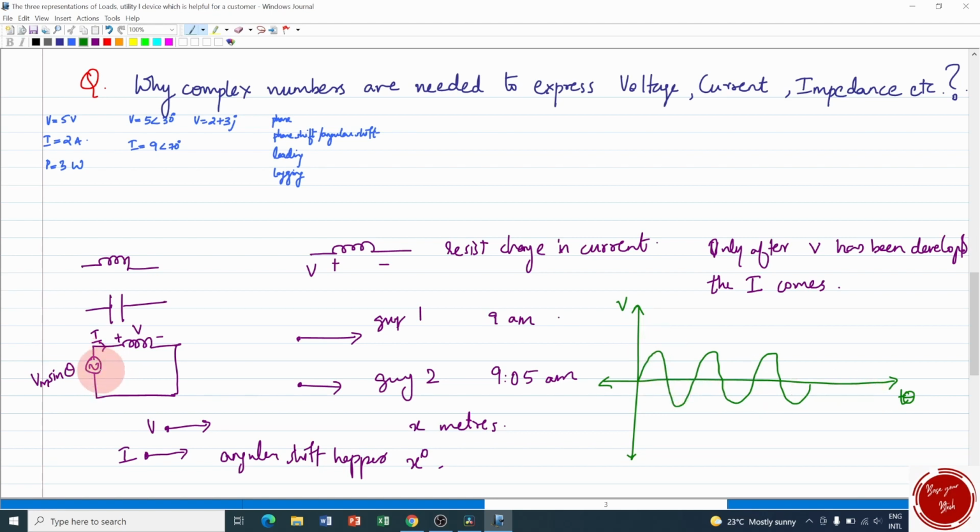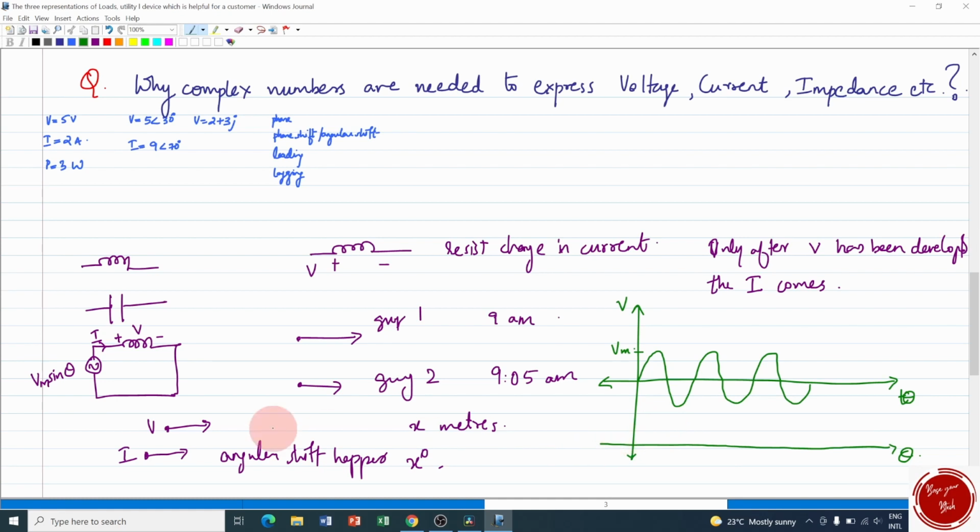Now since the supply voltage is Vm sin theta, the supply voltage is directly given to the inductor voltage also. So the peak of the inductor sinusoidal voltage is Vm. So this is Vm. Anyway, let's now draw the current that is going through this inductor. I am going to compare the current graph with reference to theta itself. So the x-axis is theta.